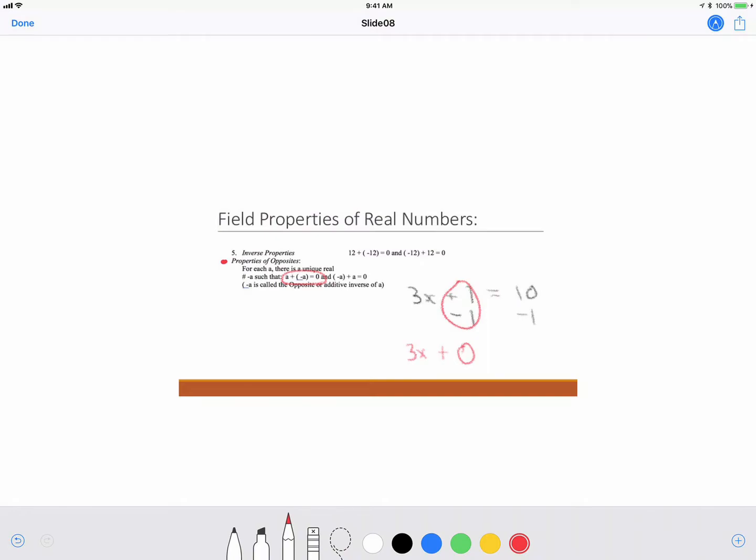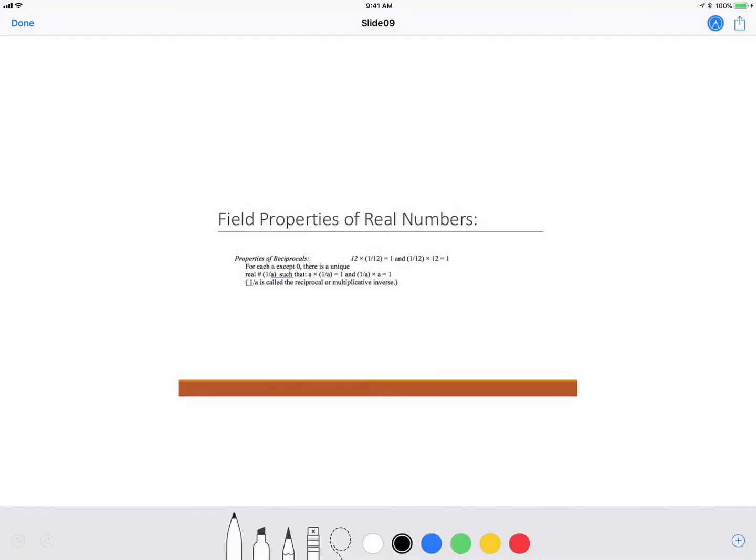Let's continue on. The other type of inverse property is called the property of reciprocal. It is a type of opposite. A reciprocal is, and you've probably seen that term in Algebra 1, it's when you make a fraction. Well, it's used in a problem like the problem I wrote up earlier. It was used in the problem like 3x equals 9. Well, at one point, I'm going to have to choose a reciprocal to the number 3 to get rid of it. So a lot of times I always just tell people to divide by 3. And that's division property of equality. But you're allowed to do this even when there's a fraction in front of the x. Not just a whole number like 3, but